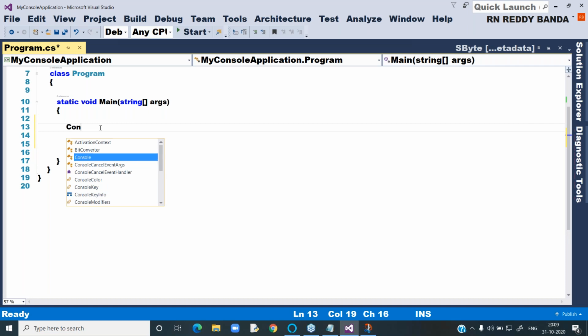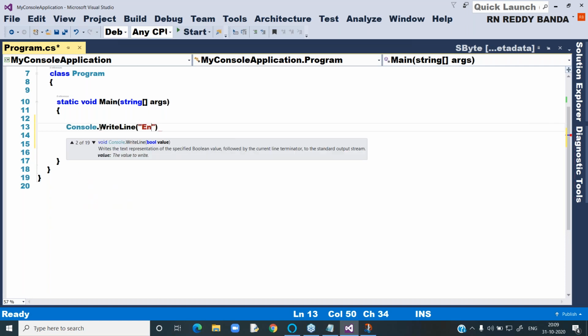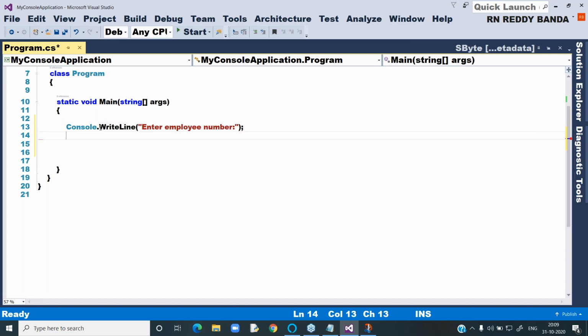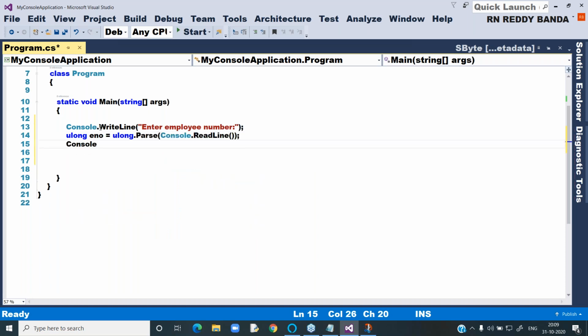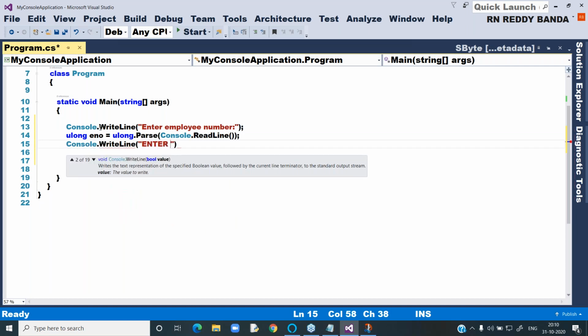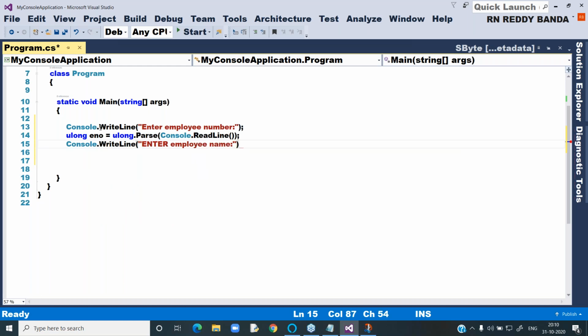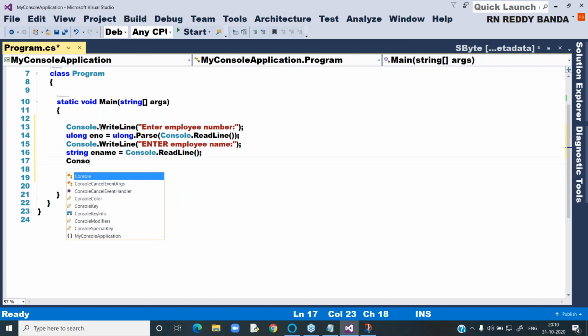Console.WriteLine("Enter employee number"); ulong ENO = ulong.Parse(Console.ReadLine()); Console.WriteLine("Enter employee name"); string ename = Console.ReadLine();